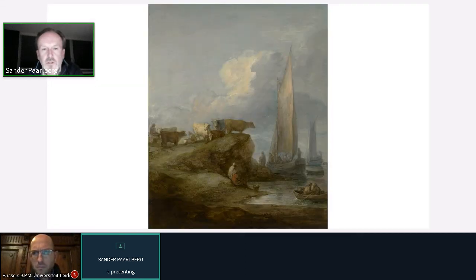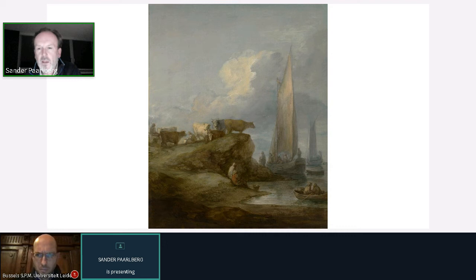In the exhibition, we will show several other paintings by Gainsborough that are clearly based on Cuyp compositions, such as this painting from Houston, from the Sarah Campbell Blaffer Foundation collection. And it shows these cows standing on a sort of a rocky coast, looking out over the water, and these sailing vessels in the water. And there are actually several paintings by Cuyp and also by followers of Cuyp that show this very same composition. And actually Turner also later on painted this type of landscape with cows, very much inspired on the work of